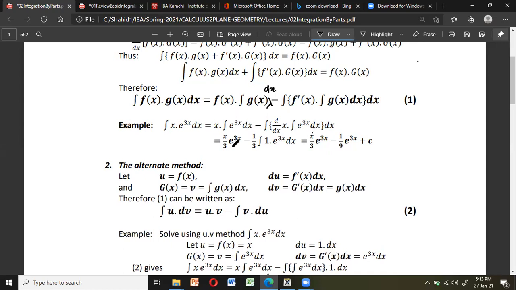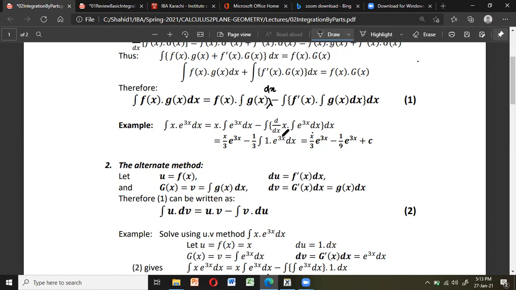The integral of e power 3x is e power 3x upon 3, used in both places. Here it was just the product of two things, one yet to be integrated: the product of the derivative of the first function and the integral of the second function. Once we have done that, we have to integrate this again, and e power 3x into 1 means e power 3x, and e power 3x